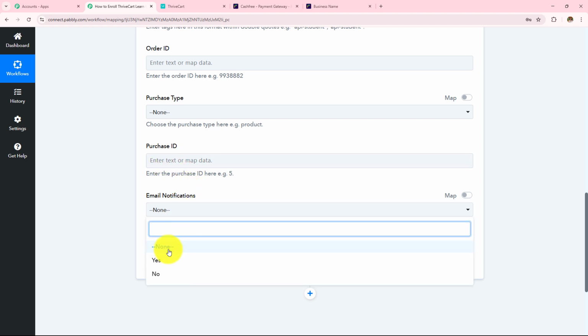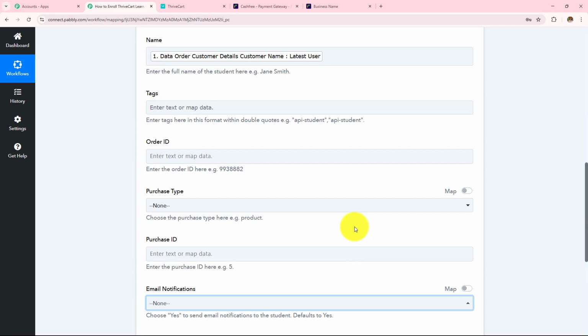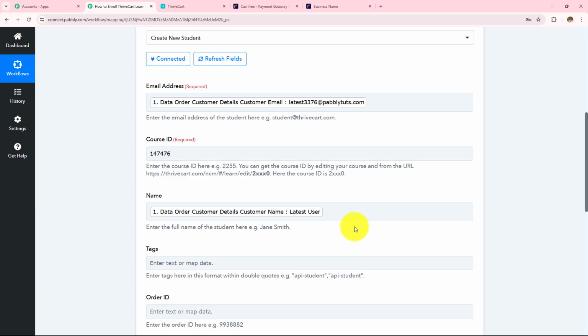In the email notification, I'm going to select this as none. Now over here, mapping is important so that every time you receive a new response, it is taken into consideration in these fields. Manually entering the data will make these fields static and the information will not change even if you have received a new response. Over here, if I manually enter any detail, this field will become static and every time I receive a new response, the result will not change. So as to keep these fields dynamic, we use this process mapping instead of manually entering the details.